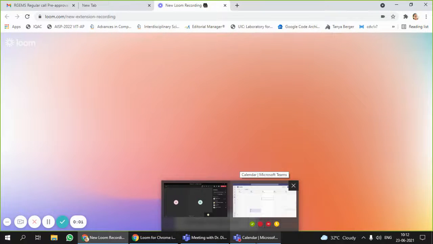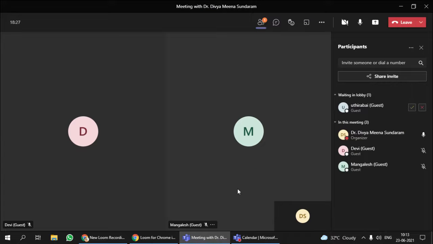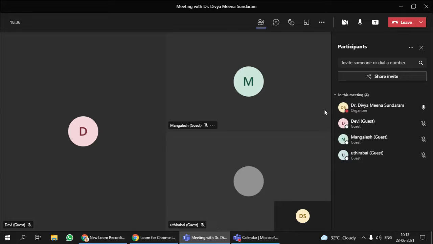We'll see this breakout option in MS Teams. What I've done is I've created a Microsoft Teams meeting. I just gave this Meet now option so that it instantaneously creates a meeting. By clicking on that option, I got this window, which had only myself as a participant, and I added a few of my family members for this demo. So here I have around 4 members.